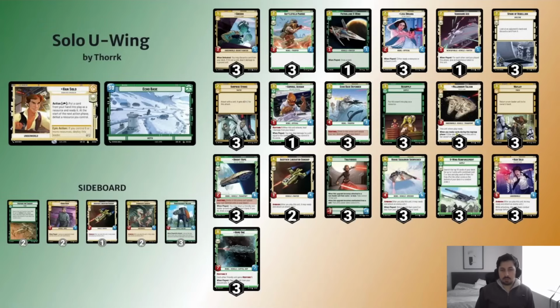So with all that room being made, I was able to place 3 Spark of Rebellion in the main deck. So Spark of Rebellion is a card that I think is incredibly useful in 2 matchups. And the first matchup is the Boba matchup. Obviously, Han has a weak matchup against Boba. We all know that. And in order to improve the matchup, I've decided to play the Spark of Rebellion in